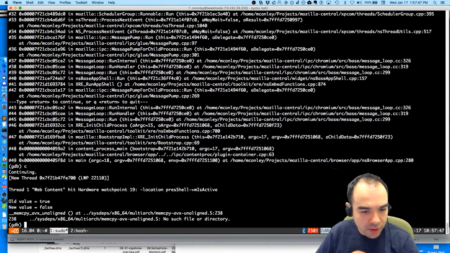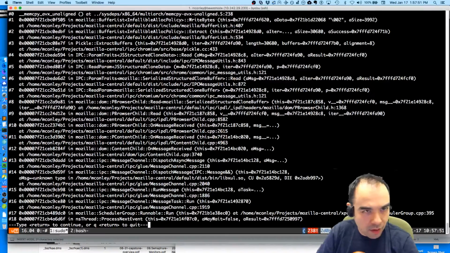New value is false when the pres shell is active because oof, this doesn't look right.